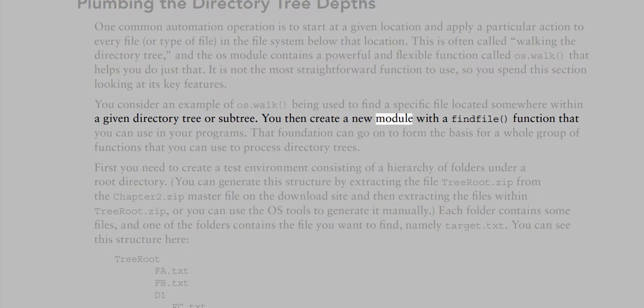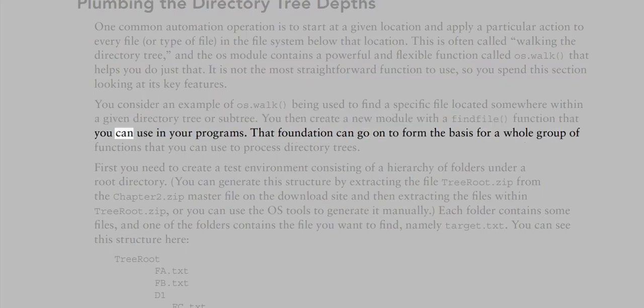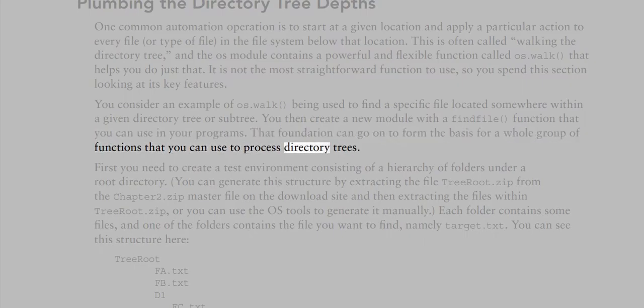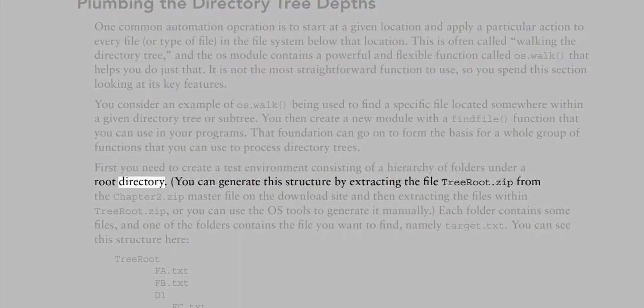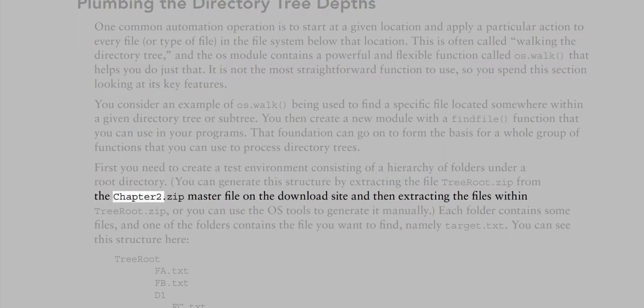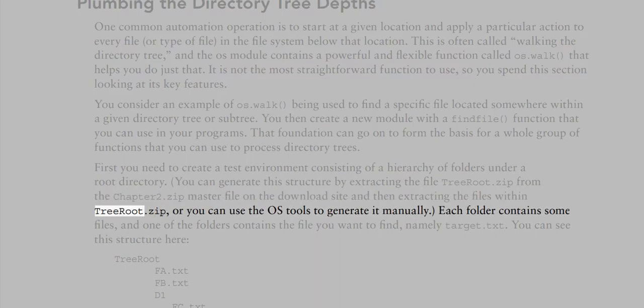You then create a new module with a find file function that you can use in your programs. That foundation can go on to form the basis for a whole group of functions that you can use to process directory trees. First, you need to create a test environment consisting of a hierarchy of folders under a root directory. You can generate this structure by extracting the file treeroot.zip from the chapter2.zip master file on the download site and then extracting the files within treeroot.zip, or you can use the OS tools to generate it